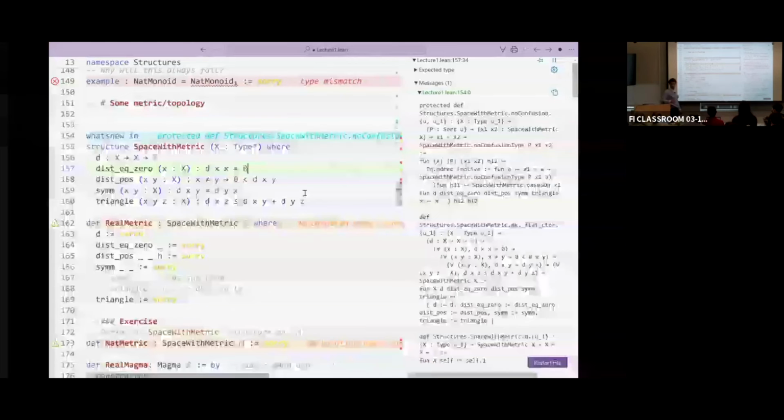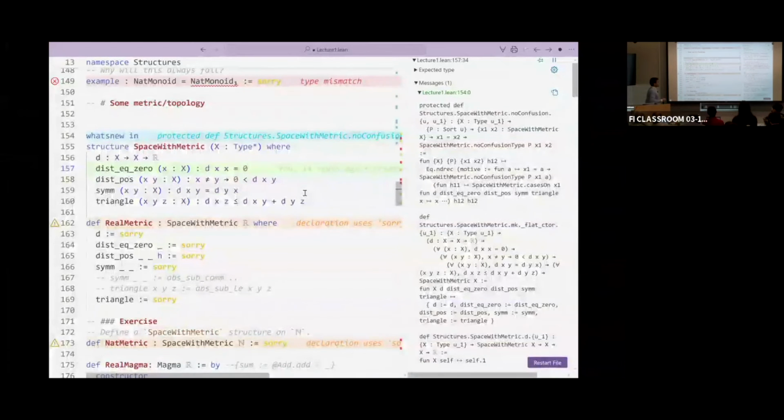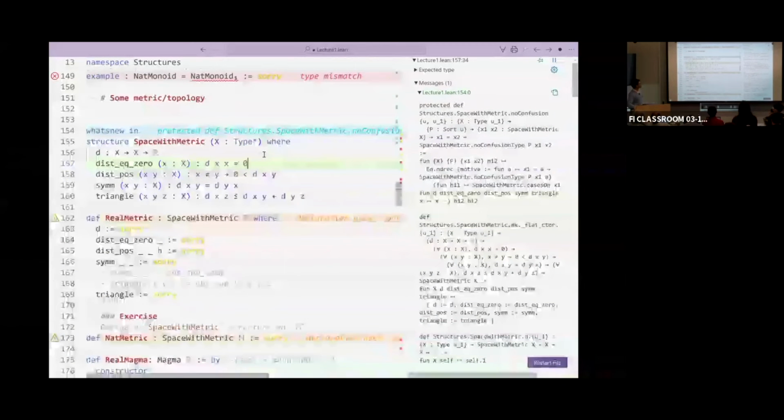It's called a space with metric because metric space is taken, exactly. I mean, technically, I could have used metric spaces because I'm in a namespace. But space with metric is sufficiently a stupid name that you can believe me when I tell you that it's the wrong approach, and it will not stick in your mind. But this is a space that has a metric, in a sense.